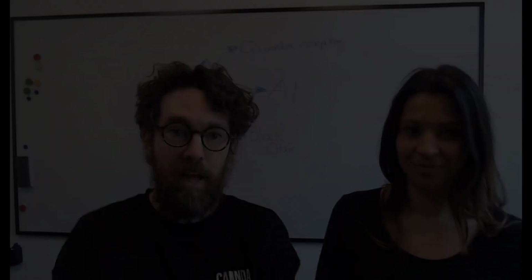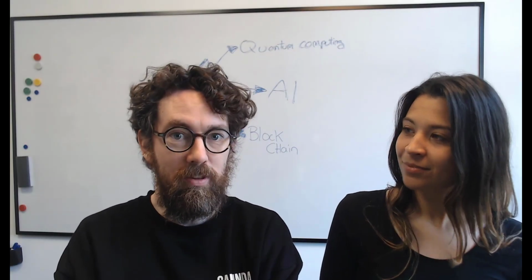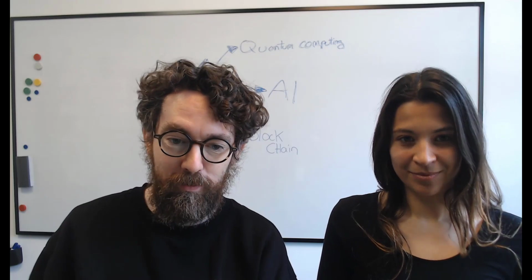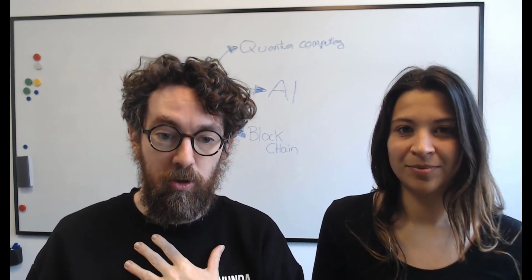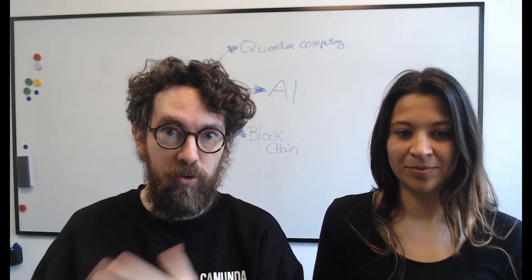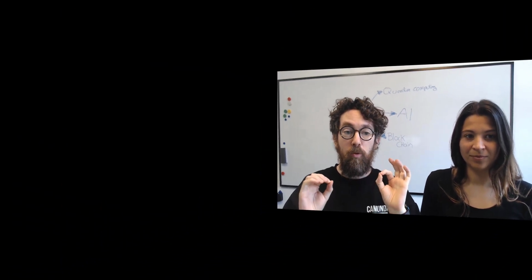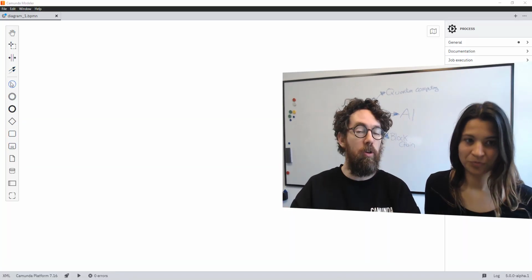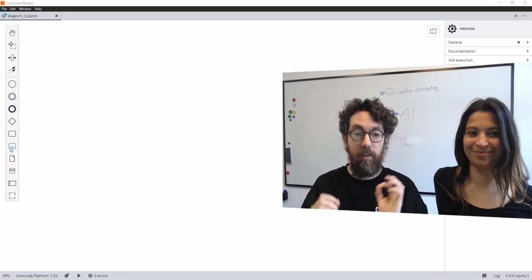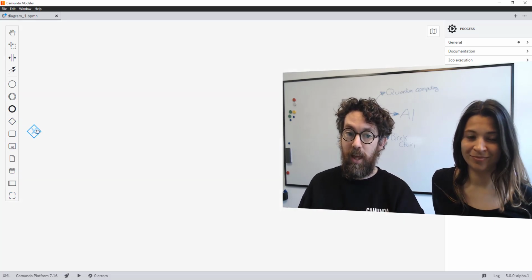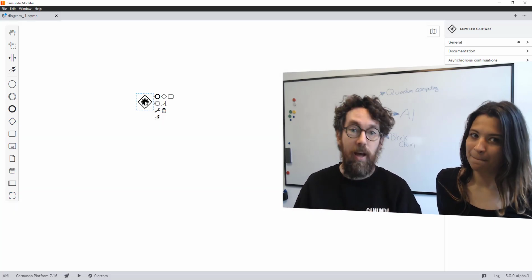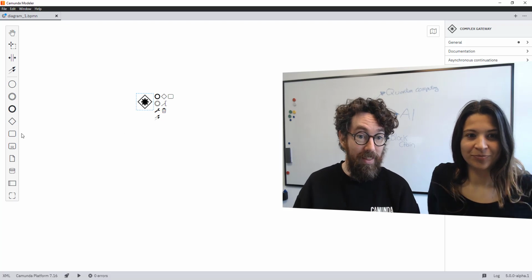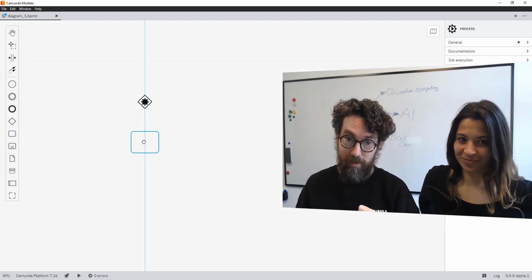Here we go. Now, the first place you're going to see a big change is, of course, in the modeler itself, because we've needed to ensure that everyone is aware of this new change of complex gateways. Now, we will still have all the symbols that you're used to because we don't want to shock anybody. The difference is, no matter if you select a gateway, you get a complex gateway. Also, if you select basically anything else, boom, complex gateway every time.